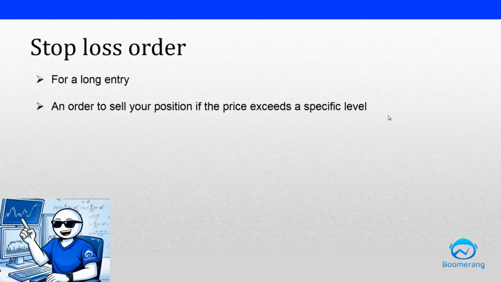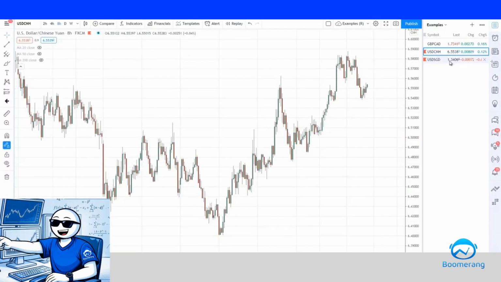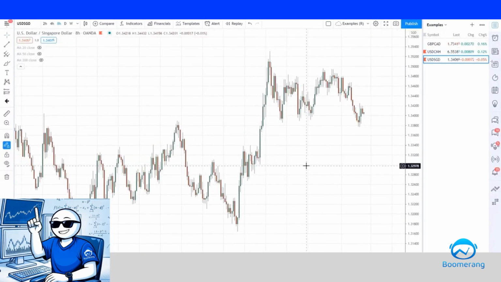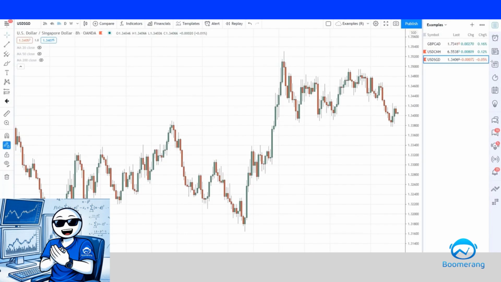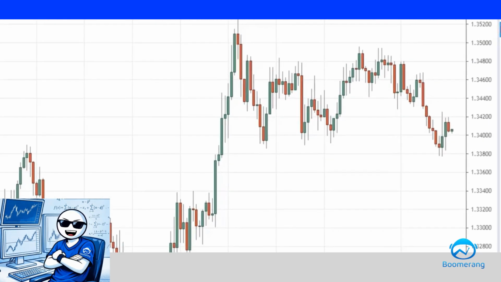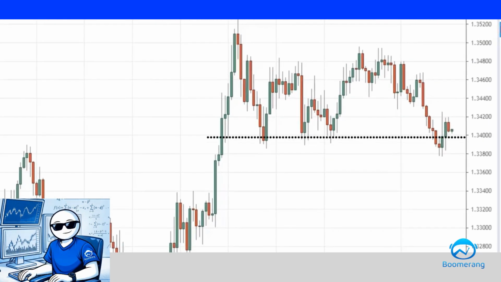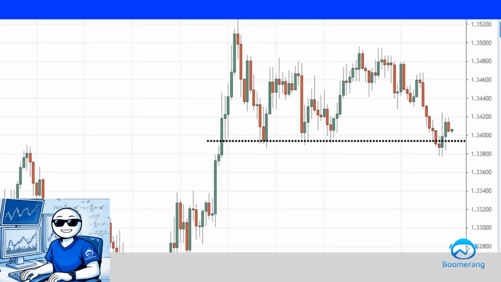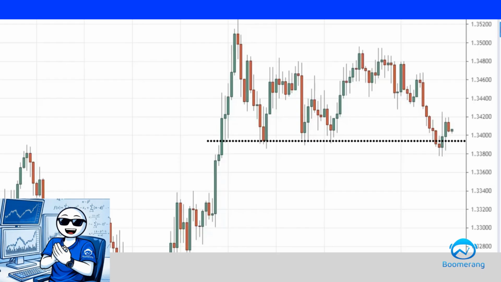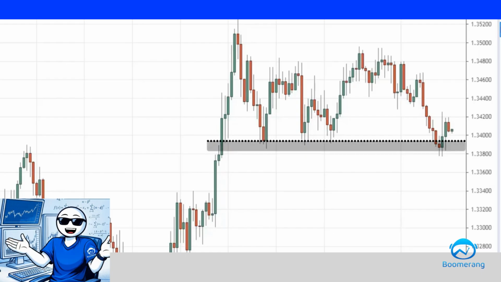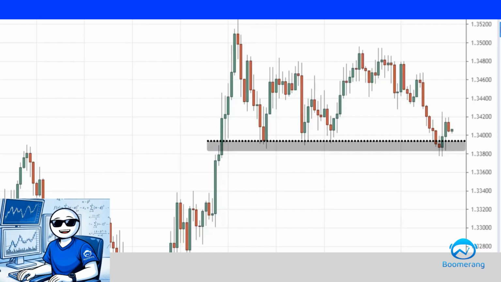So a chart example would help. Let's say you look at US dollar against the Singapore dollar. Market right now looks a little bit bullish. This is an area of support, and it's starting to move higher. But of course, as you know, the market could possibly reverse down and break lower. So to protect your downside, what you can do is set a stop loss order. This is the area of support, and a proper stop loss order could possibly be at